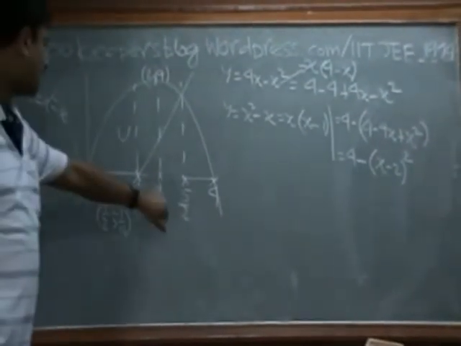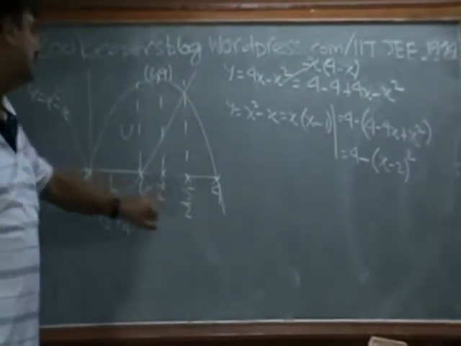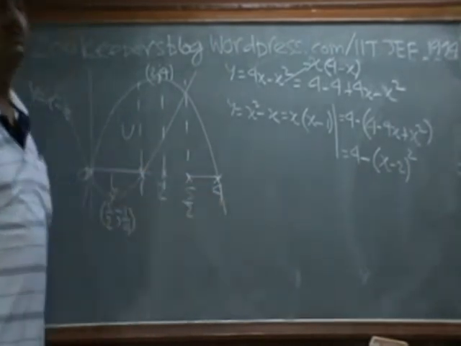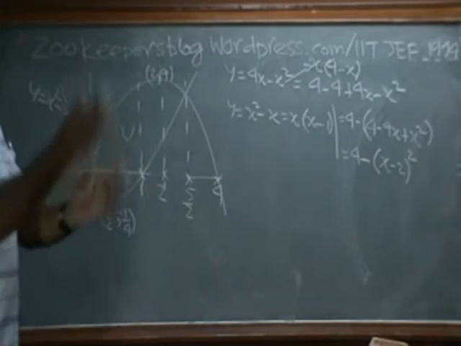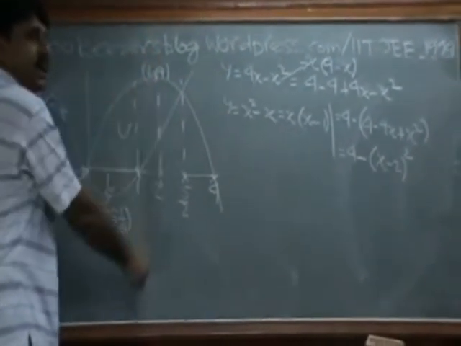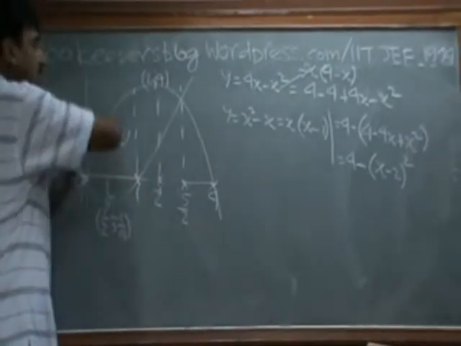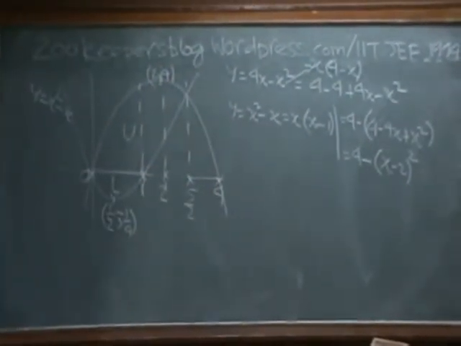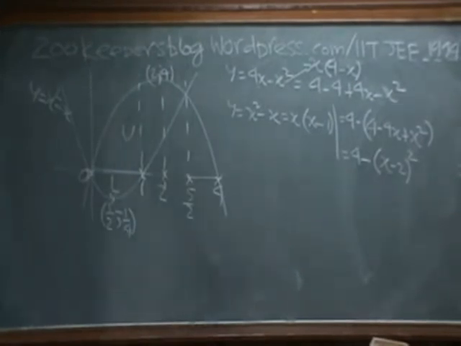If it is symmetrical around 2, then we could have guessed the answers as well. From x is equal to 0, this distance is 2, then from 2 to 4, the distance will be 2. It will be symmetrical around x is equal to 2, which is actually a line parallel to the y-axis. Now it's fine, now it's clear. Okay?